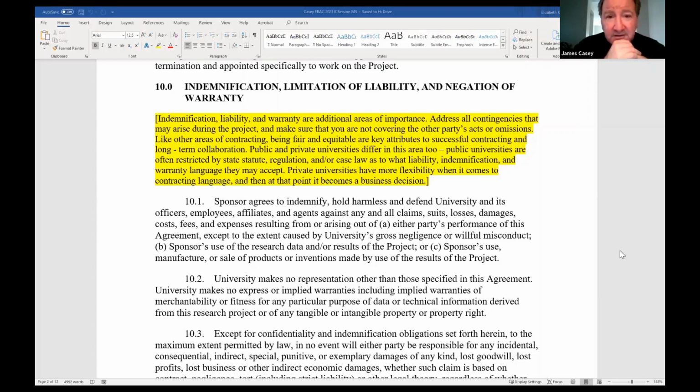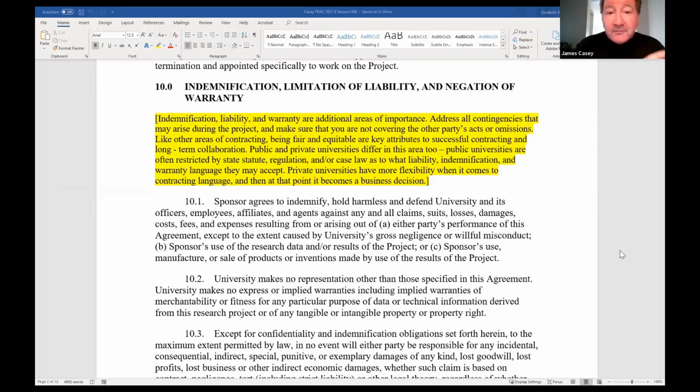Back to the privates. With the privates, you have more leeway to negotiate, but even then, the offices of general counsel have weighed in on suggested routes to go in this. And so some of that goes to a broader issue of how the sponsored research office or the tech transfer office interacts with the office of general counsel at your university. And that is the subject of an entirely different session because those working relationships are very complex.